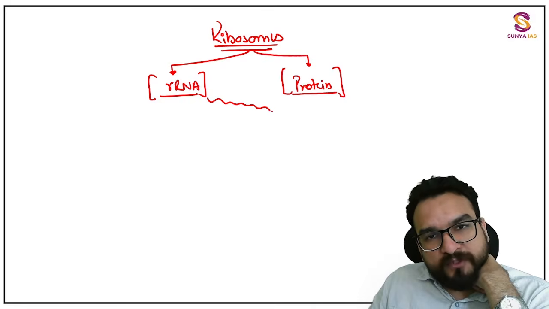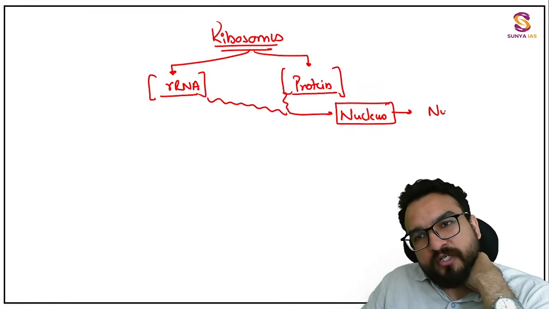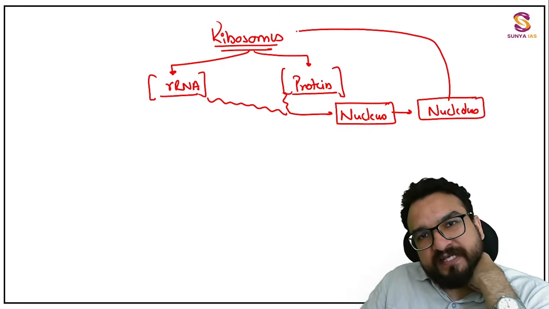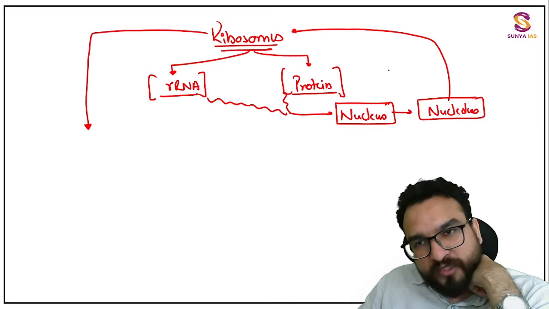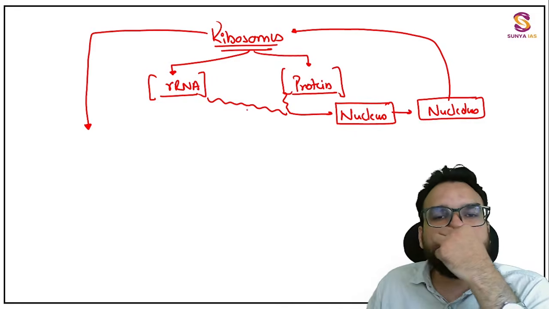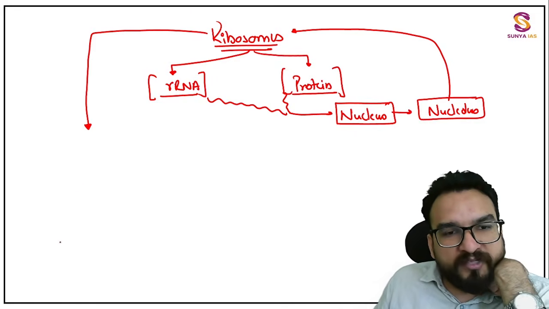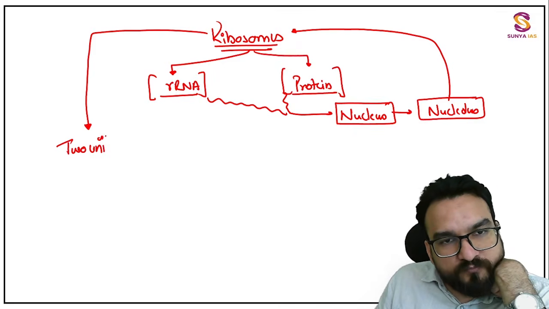These 2 things will be going to the nucleus. And what is nucleus? All this we will be understanding. In the nucleus, you will be having one nucleolus, and over there this ribosome will be getting synthesized. Just understand right now. Later on when you go deep into the nucleus, then you will be understanding. Over here ribosome is getting manufactured. When ribosome is manufactured, it contains two units: one is the larger unit and one is the smaller unit.